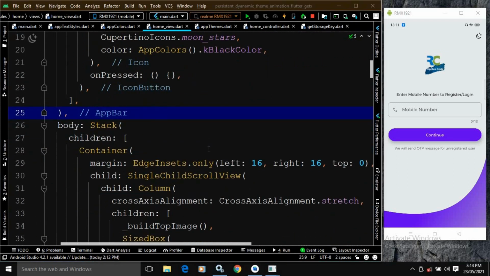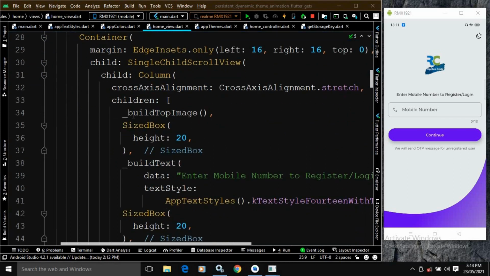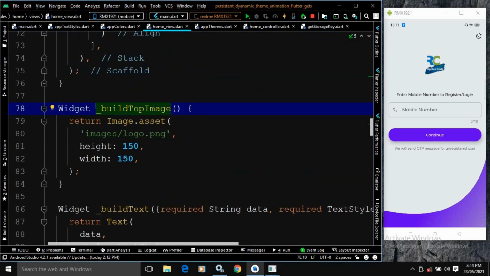Now let me move again to this children buildTopImage. If I go to this function, then here you can see it is returning Image.asset, and it is taking the logo.png image from the images folder, and it has the height as 150 and width as 150.